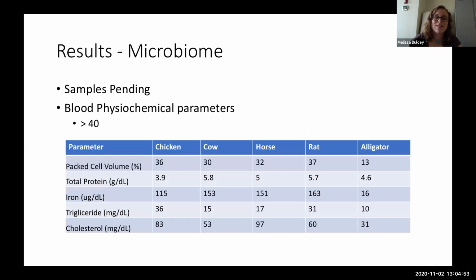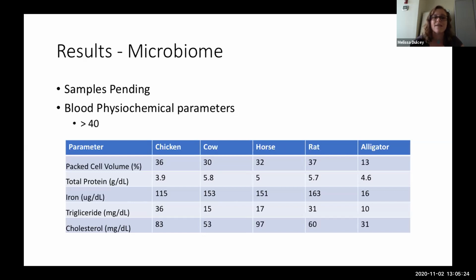So I have to be honest, the results at this point in time are pretty limited because we're still processing all the samples. We recently sent off a subsample of our microbiome work just to make sure that our DNA extraction is working properly. We are now doing a phenol-chloroform extraction because we were having issues with some other extractions, and they are single guts. So it can be a little bit tricky to get the sample properly processed. And good results, most of them came back as passing, so that's really good and we can go forward with those sequencings.